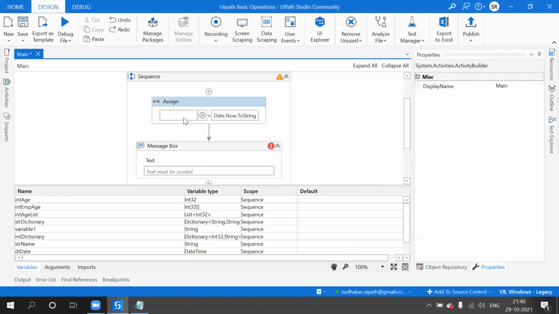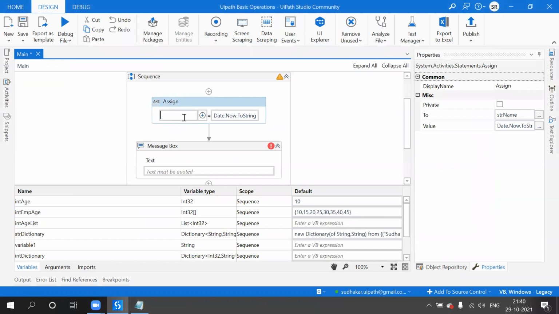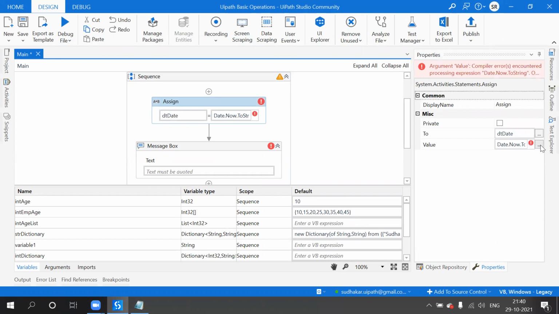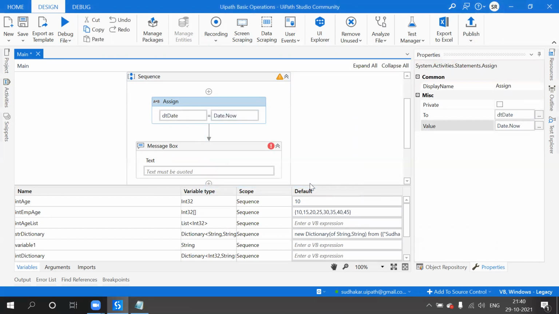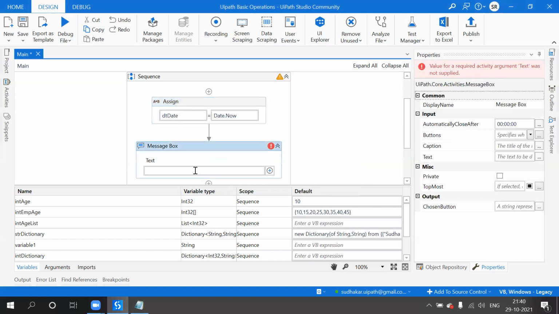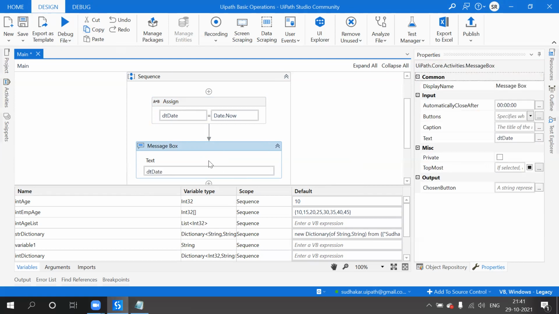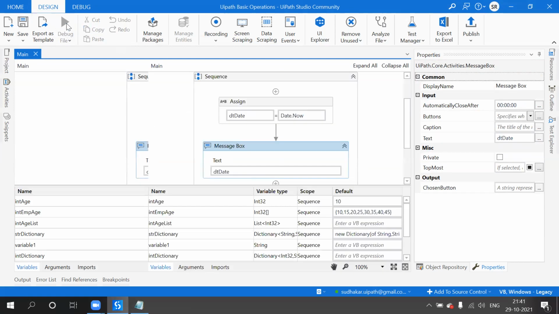Okay, now dt DateTime. So now there is no error because it is of type DateTime. So I don't need to convert this into string. DateTime. So now it is like 9:41.